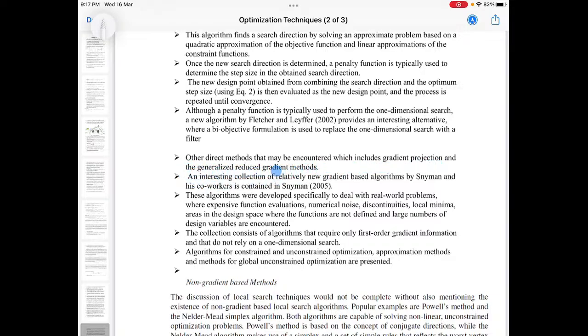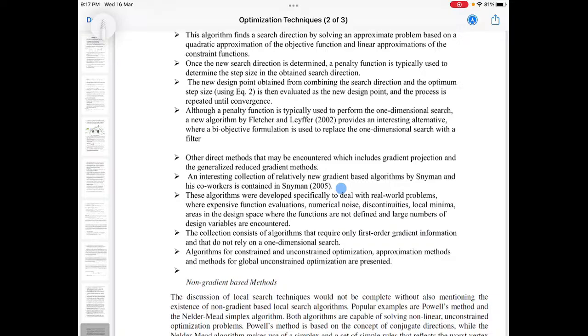So there are other direct methods which may be encountered in optimization techniques, and which include the gradient projection method and the generalized reduced gradient methods. An interesting collection of relatively new gradient based algorithms by Snyman and his co-workers is contained